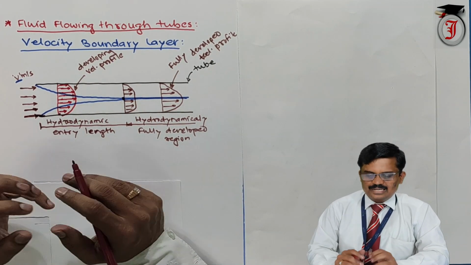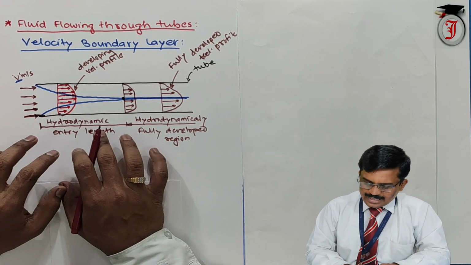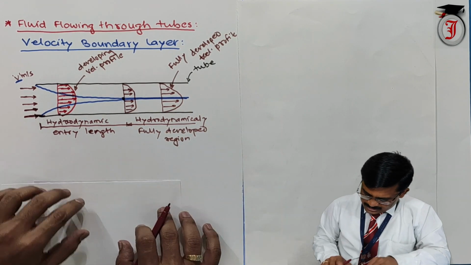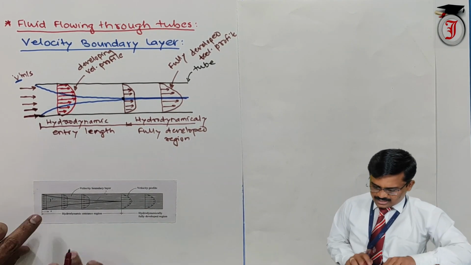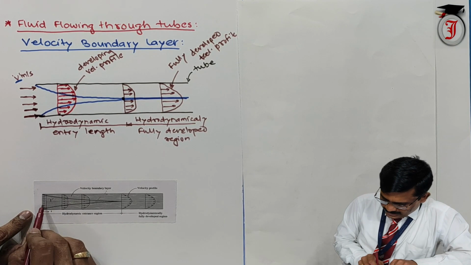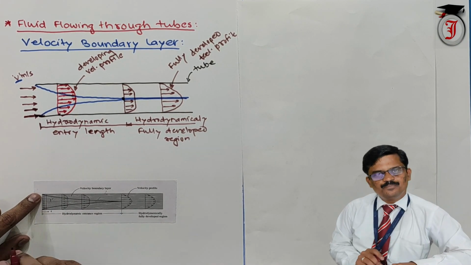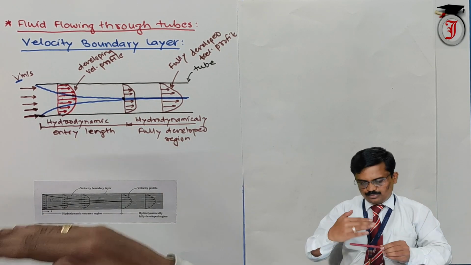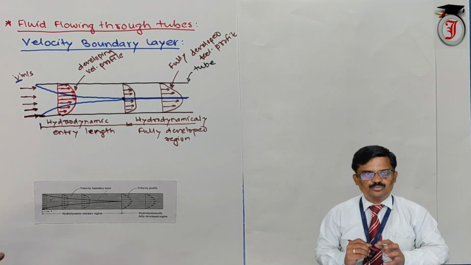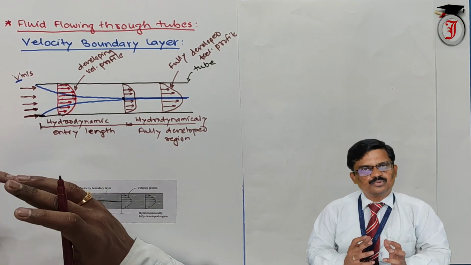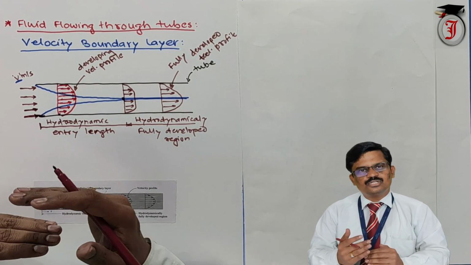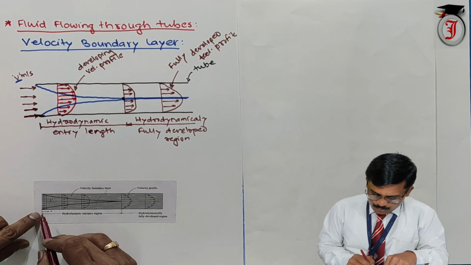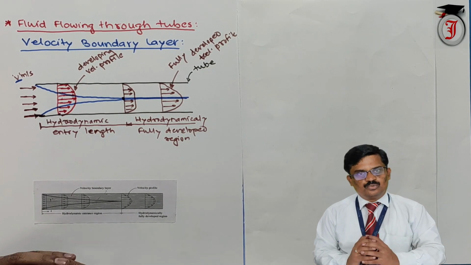How is the velocity boundary layer developed when fluid is flowing through the tube? To better understand, let us see this diagram. In this diagram, fluid is entering the surface with some velocity v meter per second. When the first layer comes in contact with the surface of a pipe, its velocity becomes 0 because of the no slip condition, and it reduces the velocity of the adjacent layer, and so on. And the velocity boundary layer is formed here.